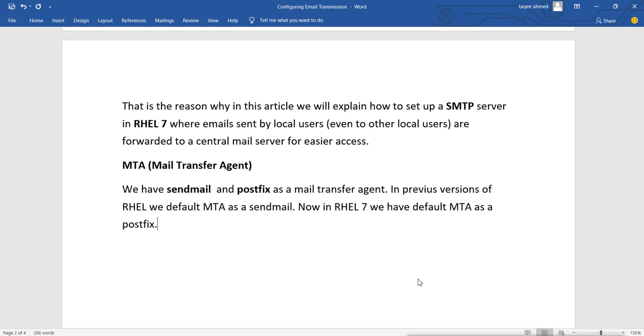Now by default, when you have Postfix installed, it sends mail to the local system. It is used to send system generated mail to the administrators.